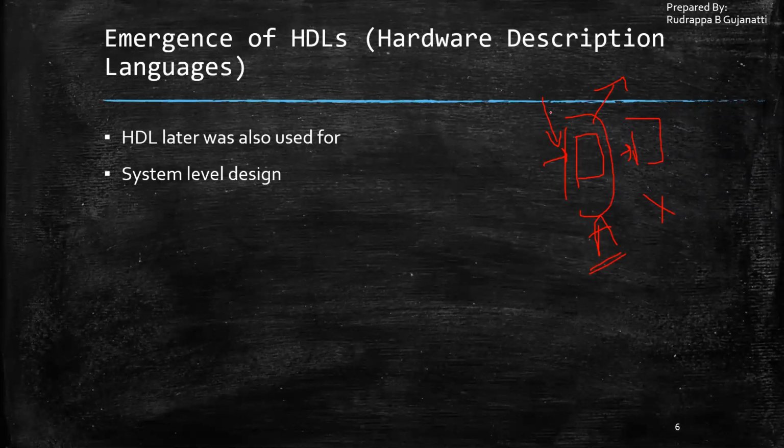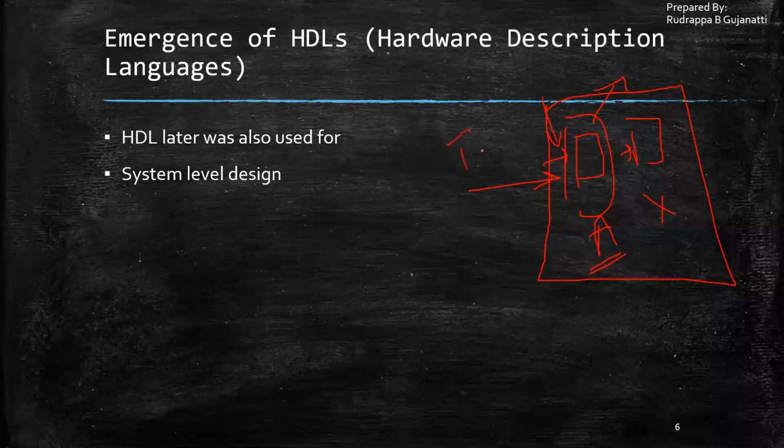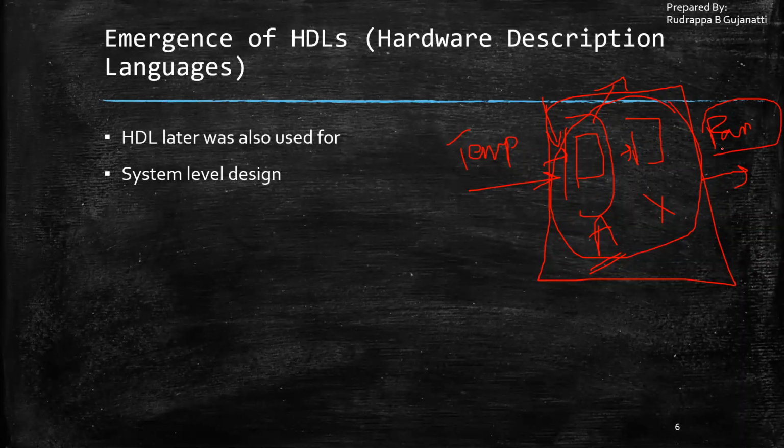Now what I can do is have a system level specification which can make use of all these blocks and specify that, say, some input parameter is given. For example, you are providing some temperature input and you are checking what should be the fan speed. It is just a simple task. Based on the temperature, you are controlling the speed of the fan. So this is one entire system, which has one purpose. Such kind of system level design is possible with the help of HDL.